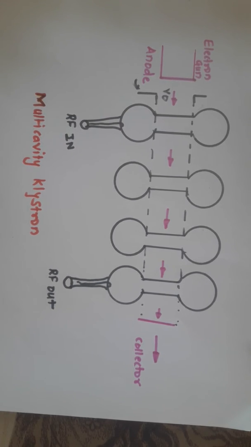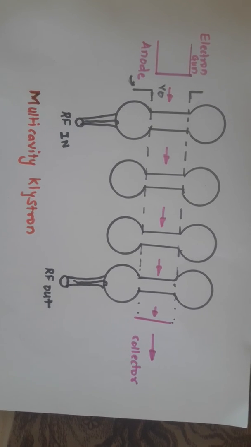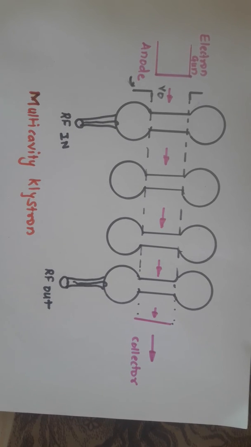Now with four cavities, a power gain of around 50 dB can be easily achieved, and the cavities can all be tuned to the same frequency for narrowband operation. The bandwidth can be improved by stagger tuning the cavities up to 80 megahertz, of course with a reduction of the gain. So the only basic achievement of this multi-cavity klystron is the gain of the output being improved. In a two-cavity klystron the gain is 10 to 20 dB, whereas in a multi-cavity klystron we can get 45 dB to 50 dB gain.